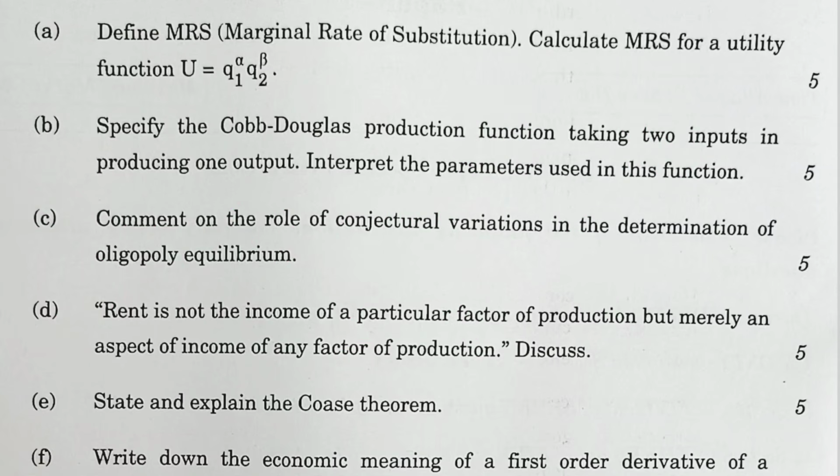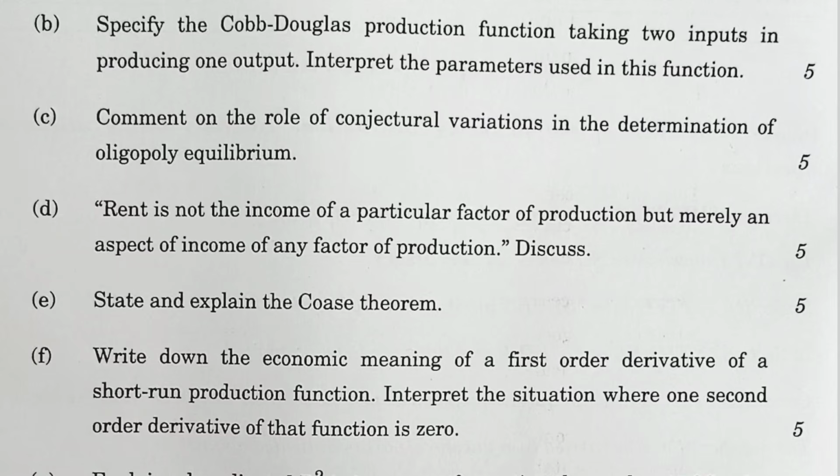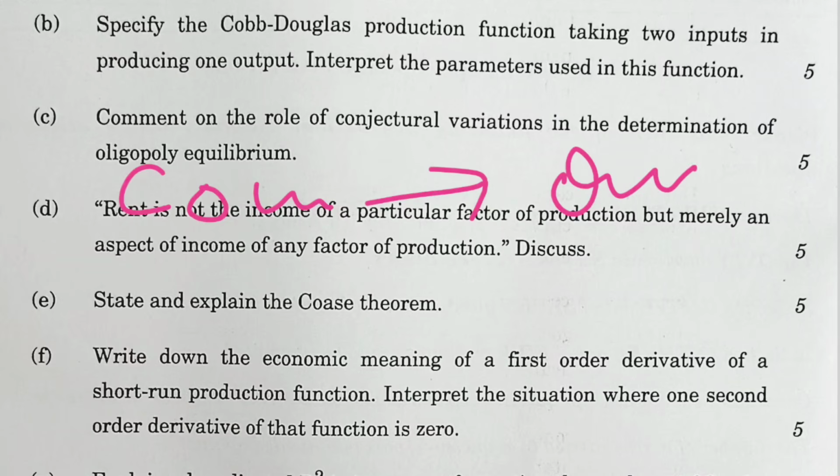Next we have to comment on the role of conjectural variations in the determination of oligopoly. Okay, so conjectural variation refers to a firm's expectations about how its rivals will react to its own output or prices. So we have two conjectural variation models in oligopoly: one is the Cournot model, where firms compete in terms of output, and